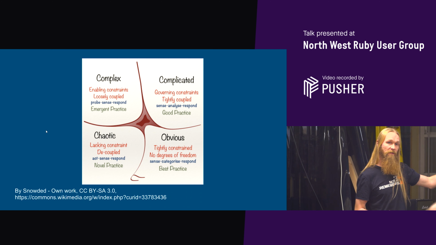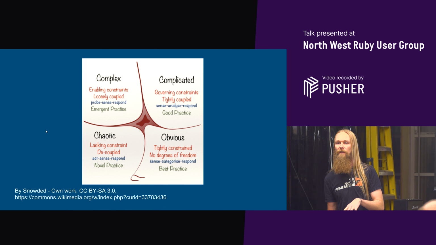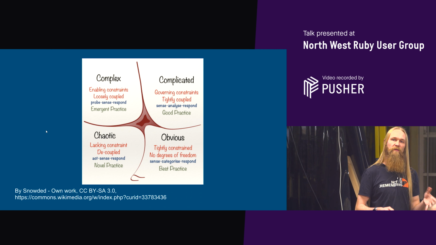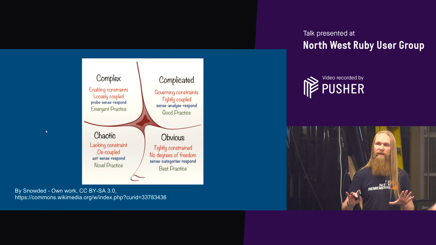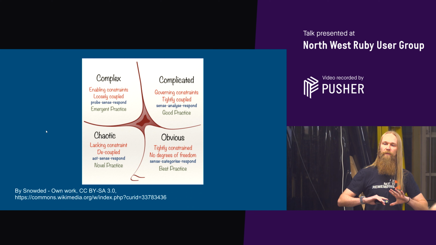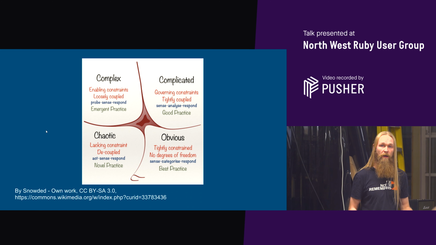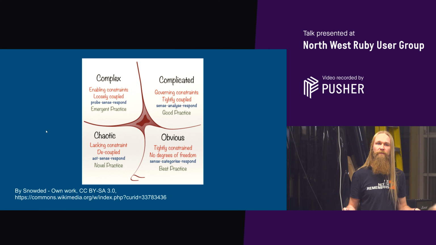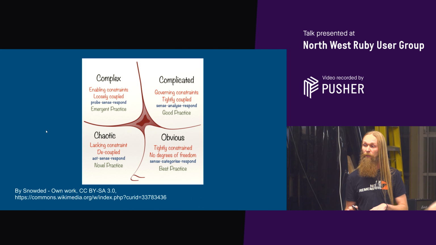Complicated, in the top right, is where cause and effect are well understood, the rules are well understood, but by subject matter experts. A good example for this, for software developers, is say you're making accounting software, tax law and whatnot, you probably don't know a lot about that, but an accountant would. So you could have a conversation with a domain expert and they could tell you what kind of rules and what kind of things you need to be aware of and what you should build into your product.